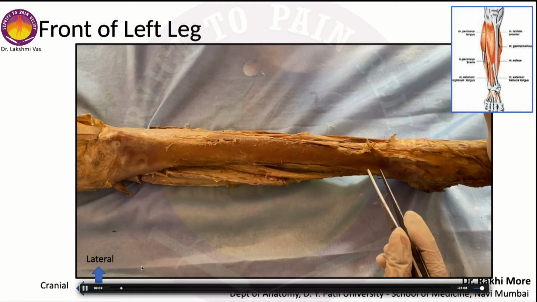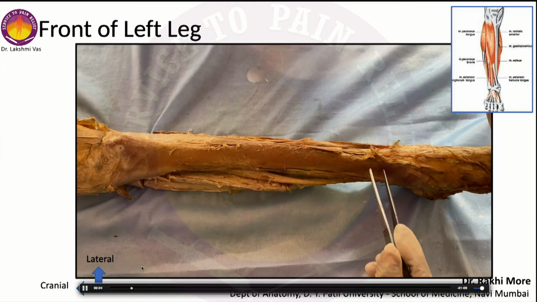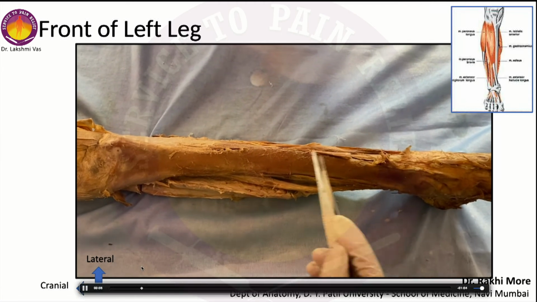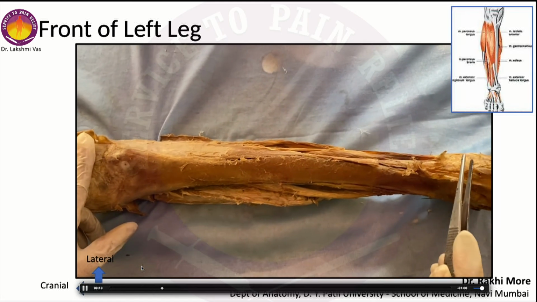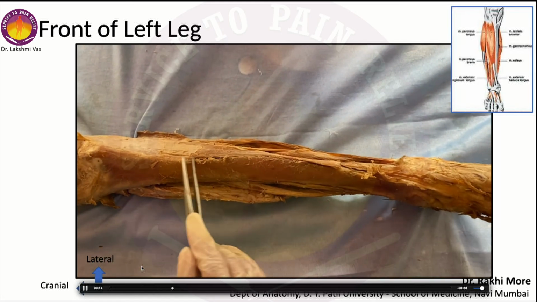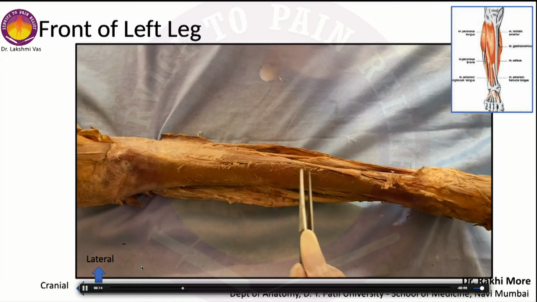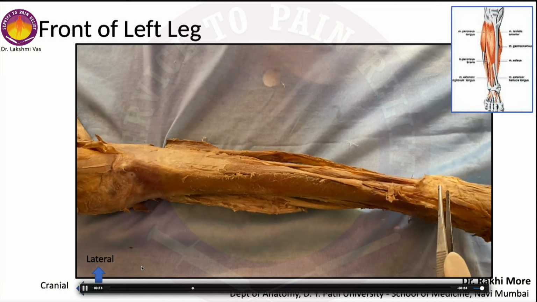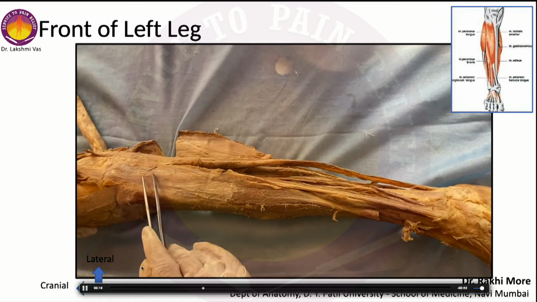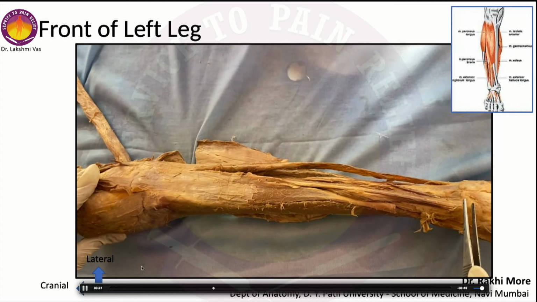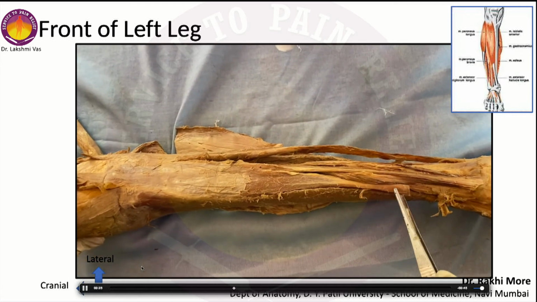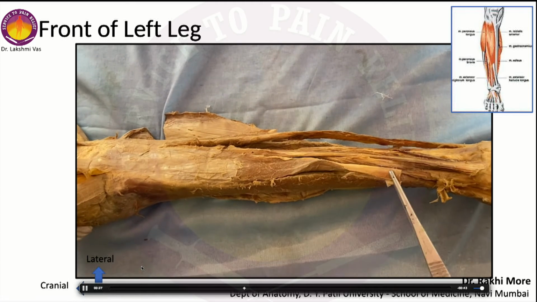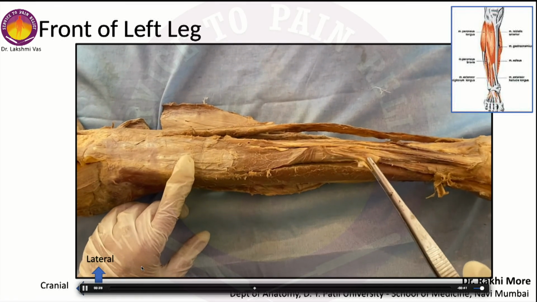In this video, we are going to see the muscles of the anterior compartment of the leg. So this is the superior aspect of the anterior compartment and this is the inferior aspect. This is the shin of the tibia, which is bare without any attachment of muscles. Most of the muscles or all the muscles are attached on the lateral aspect. So we can see the first muscle, that is the tibialis anterior. So this is the tibialis anterior over here.